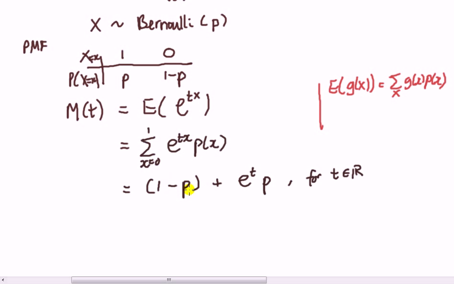You should only have parameters, which I have. I've got p and I've got functions of t, and then that is plausible. Okay, in fact it's correct. What might we use this MGF for? Well, the next step